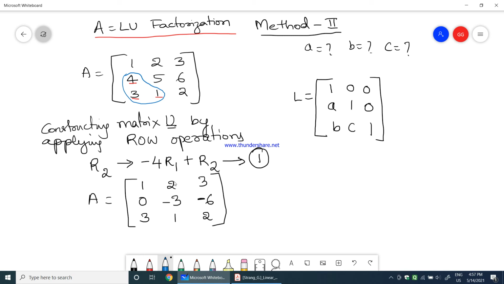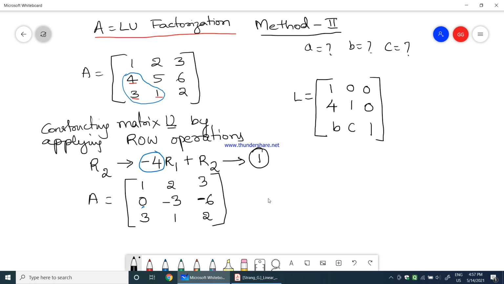where we took a factor -4 to make this element 0. Therefore, that -4 will become an entry in the lower triangular matrix. But when I am entering that -4 in the lower triangular, the polarity of that particular value will get changed when it is entered into lower triangular. So here we took -4 as a factor to make that element 0. So here it becomes +4. Okay. So we got the first element by having a row operation to make this element 0.